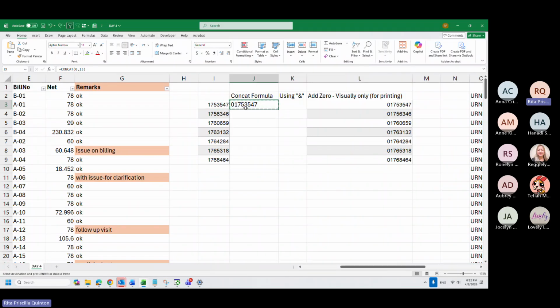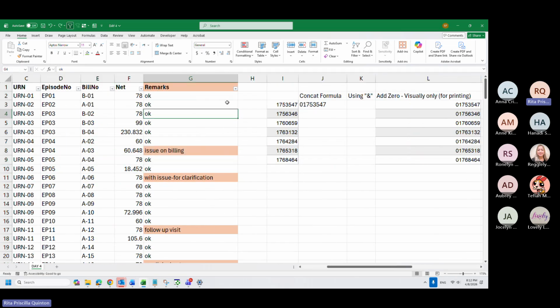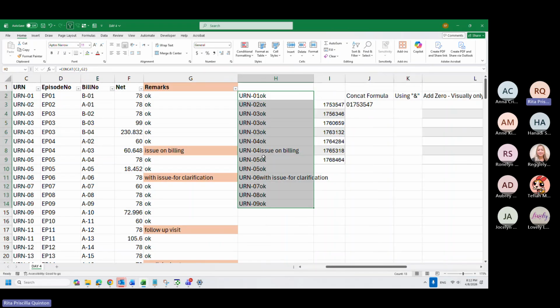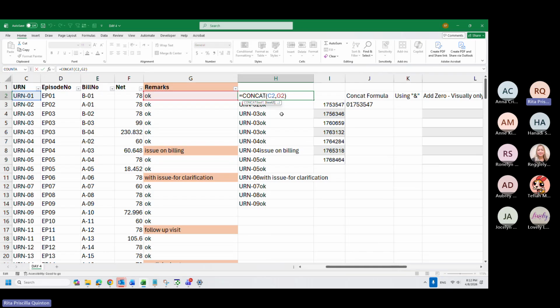So you have two options when concatenating, depending on your needs. For example, if I want to concatenate the patient and the remarks, I can do it also. It will show like this. If you want to put a space in between them, you can also do like this.